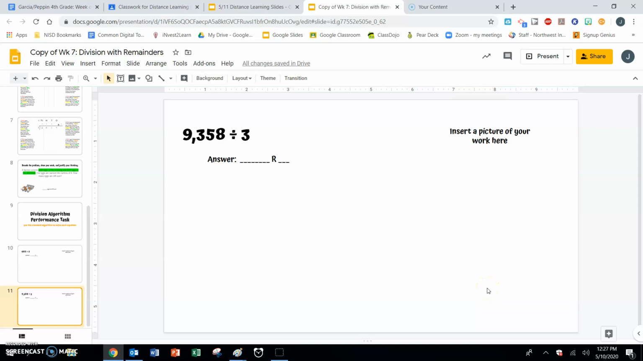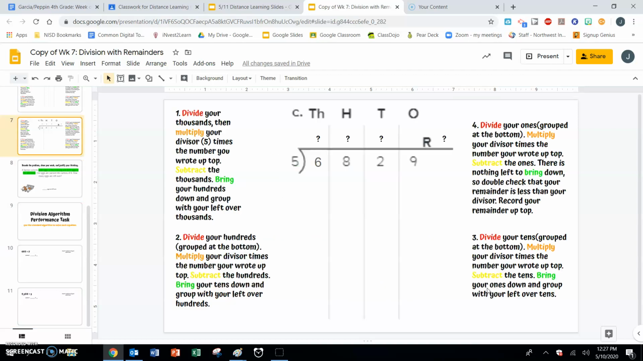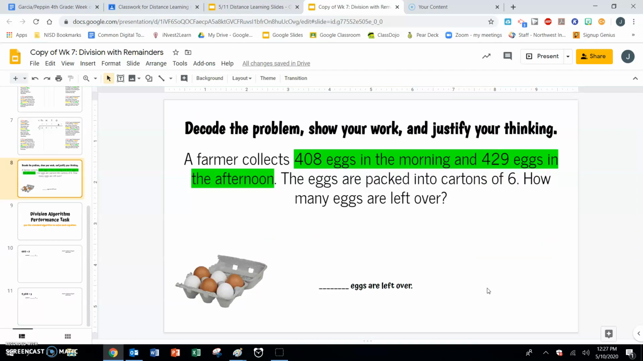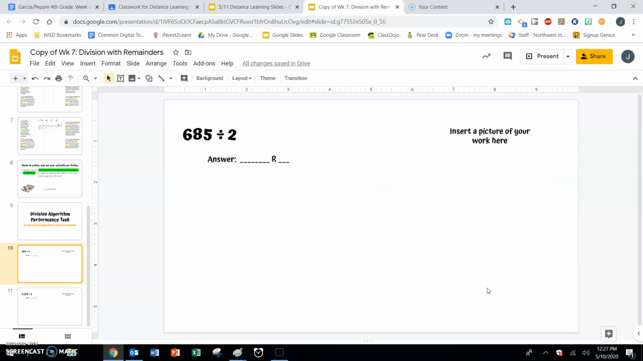You do not have to use the standard algorithm for these problems if you don't want to. If you have a strategy that works better, let's say the partial quotient, use that strategy. Part 1, guided practice. Part 2, word problem. Part 3,